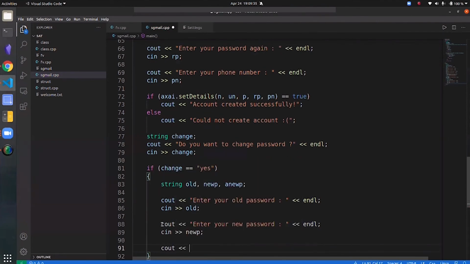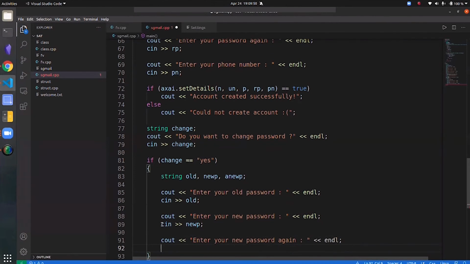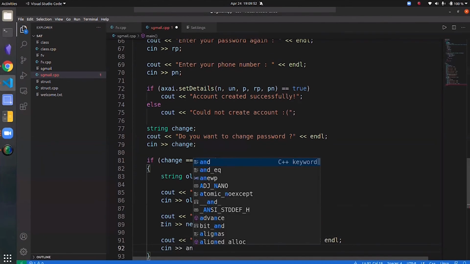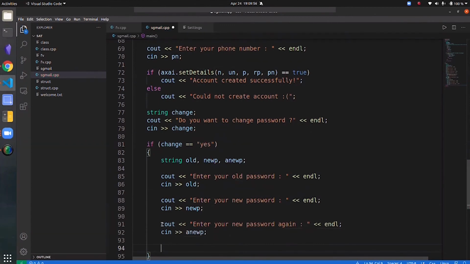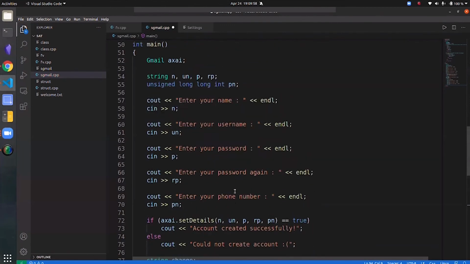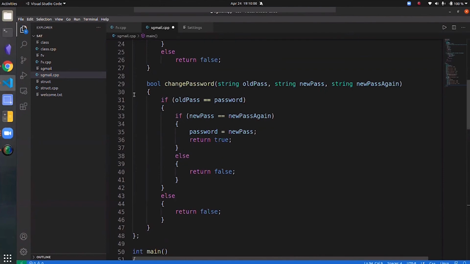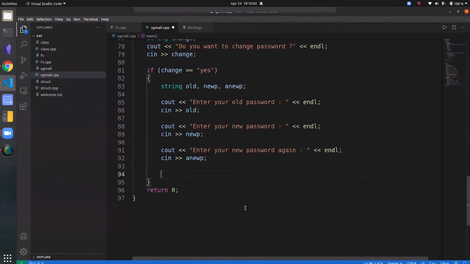And finally, we need to ask them to enter their new password again. Just like when they were trying to create their account, we need to ask them to do the same thing. They need to enter the new password again. So finally, we'll just pass these things to the change password function.